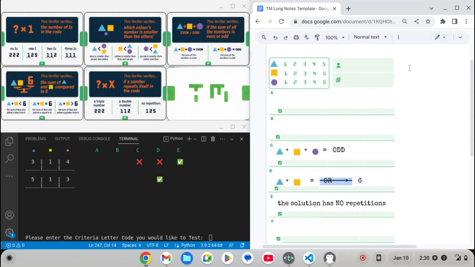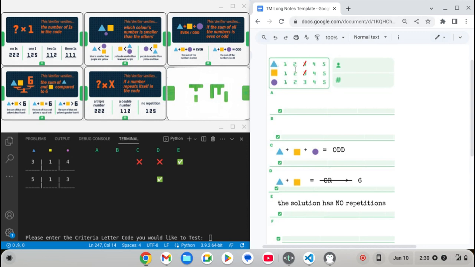Okay, and let's see. Because the sum has to be 6 and there are no repetitions, I think we can at least cross out the 3's, which is kind of interesting, because that would lead to a pair of 3's. That's the only way to get a sum with a 3. So you couldn't have that. So it's either going to be 1, 5 or 2, 4, and then circle, I guess,